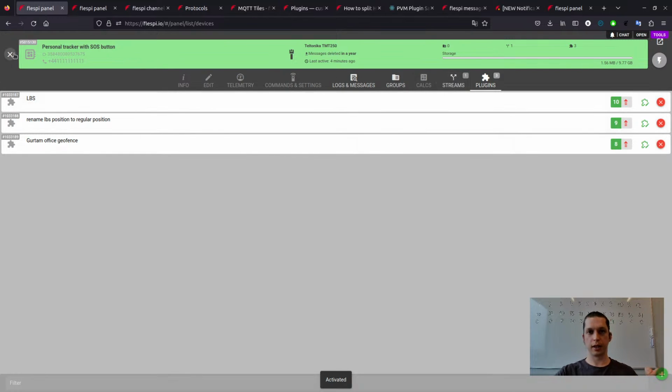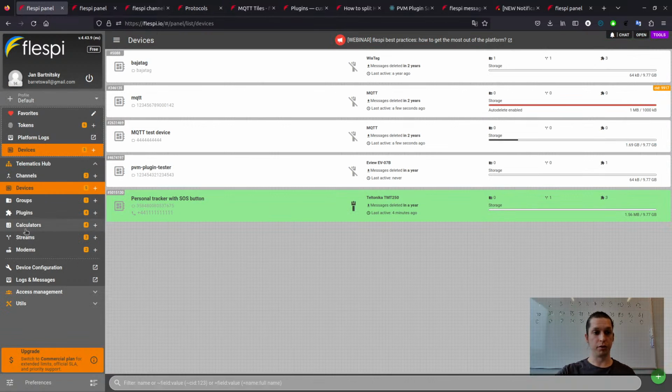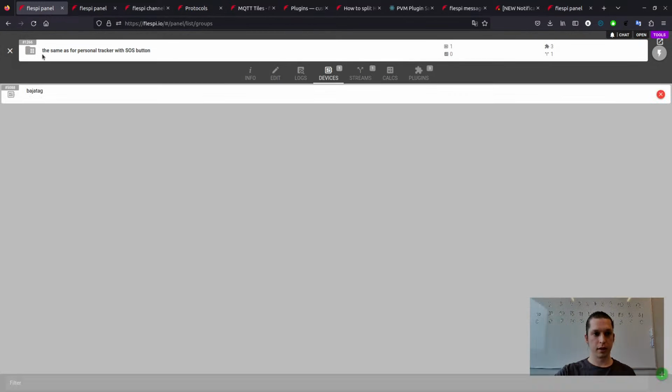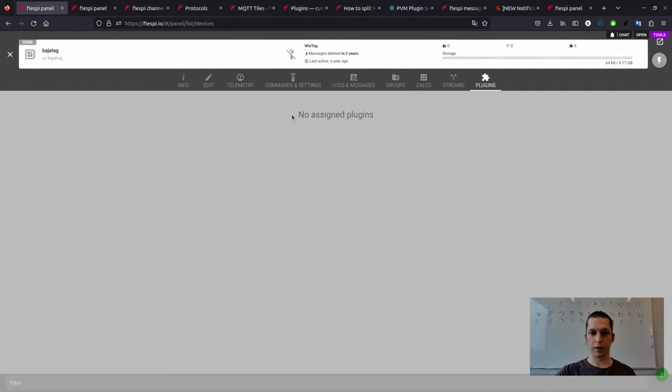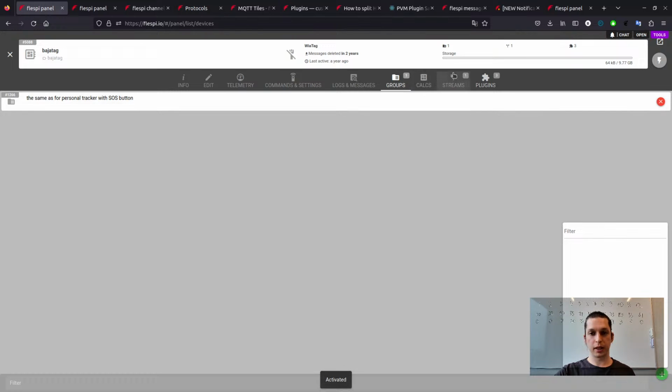So if you want the exact same device or another device to be assigned to the exact same streams and plugins, you may create a group that has the same, for a personal tracker, 1 stream, 3 plugins, and when you assign another device or create a new device and assign it to the group, it will be automatically assigned to the stream and the plugins assigned to this group. So instead of having 4 REST API calls, you may have only 1 to assign to a group, and then the group will do all the automation for you.